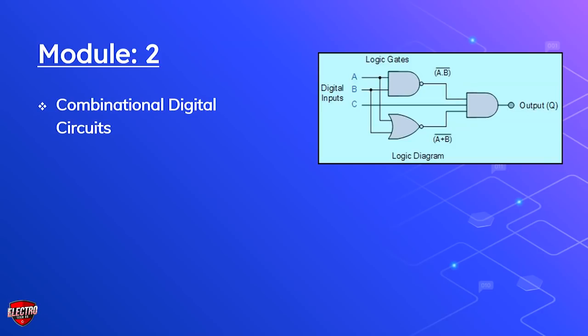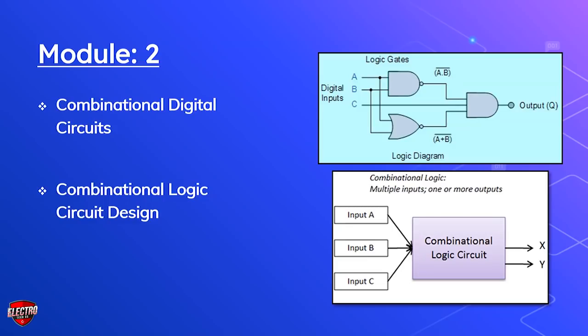An example of a combinational circuit is a decoder, which converts the binary code data present at its input into a number of different output lines, one at a time, producing an equivalent decimal code at its output. So, this is a basic detail of combinational logic circuits. You will get more detail on combinational logic circuit design in the upcoming videos.